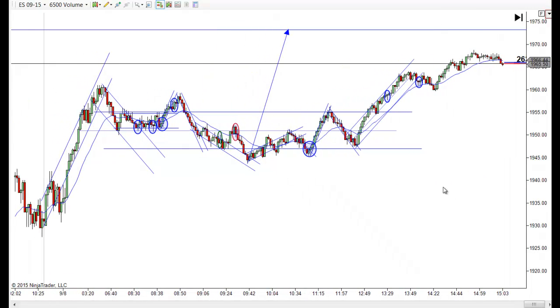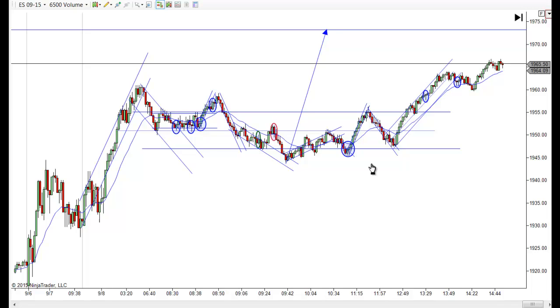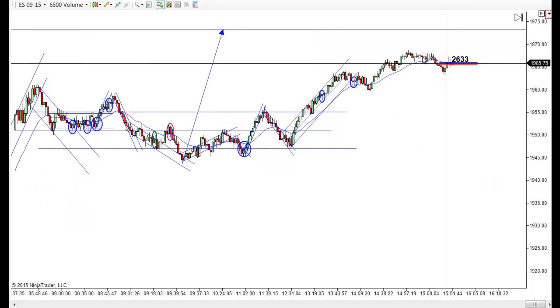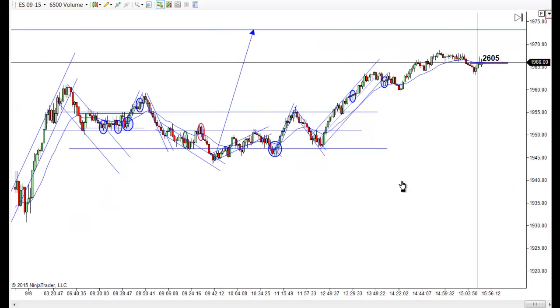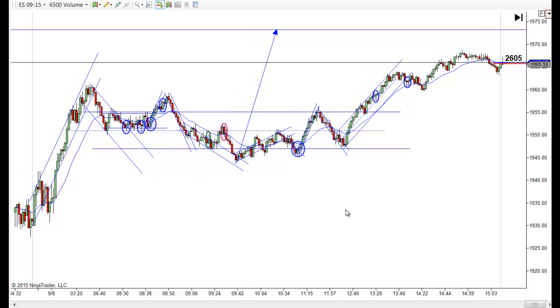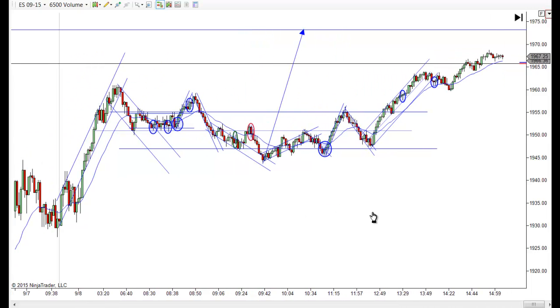But that would have given you a target to be working towards, and that would have kept you in the market till basically the close almost if you were trying to manage a runner or something based on that. It's probably an average number of trades today as well. That's really about all I can point out about the overall picture of the chart. Really, your shorter term ones kind of kept you in the right place. You're basically playing this range